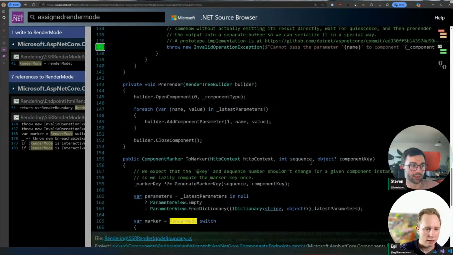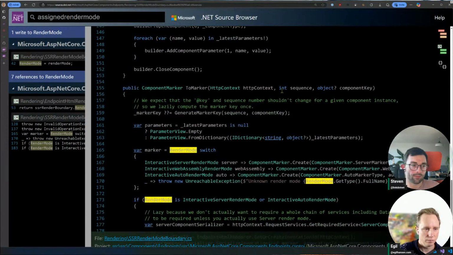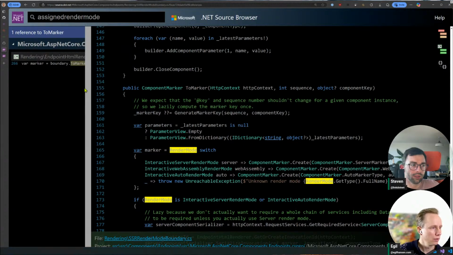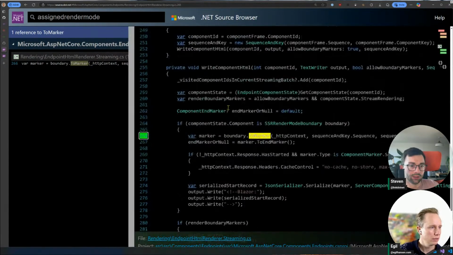You're still in the same type, huh? Yeah, and I think this is that sequence, that's component ID. Who calls this method? It's called from here, the HTML renderer, and it's always if it's streaming, then you have